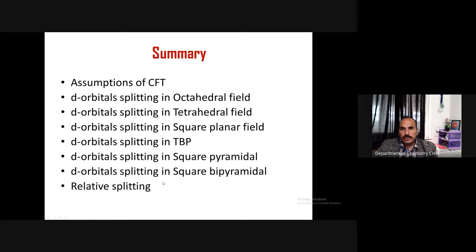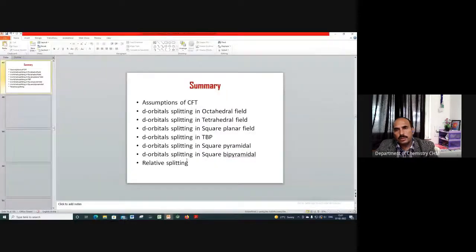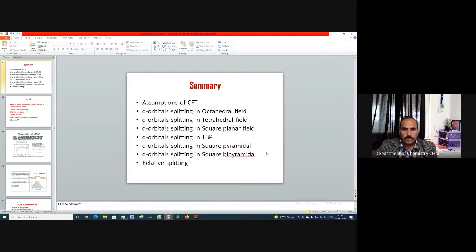So, all the geometries, please try to practice drawing the orbitals. Also try to practice their splitting diagrams, and if you do that, I'm sure you will get a very good understanding of the crystal field theory and the data that we are going to see in the other videos. So with that, I would like to